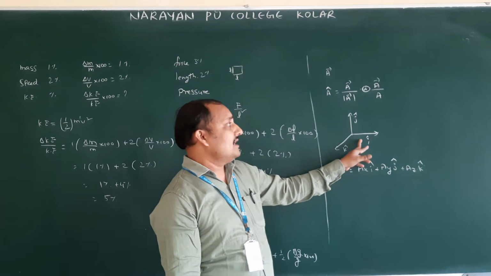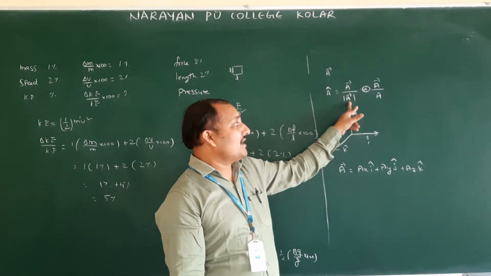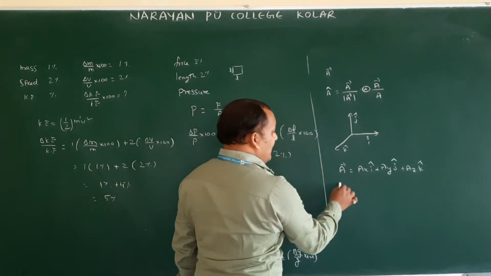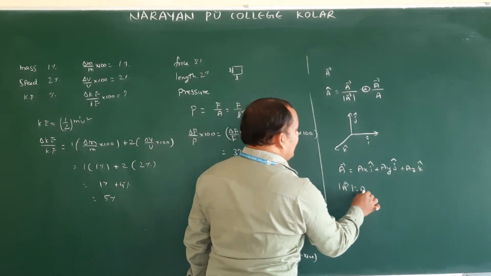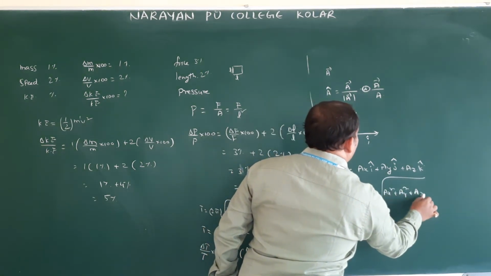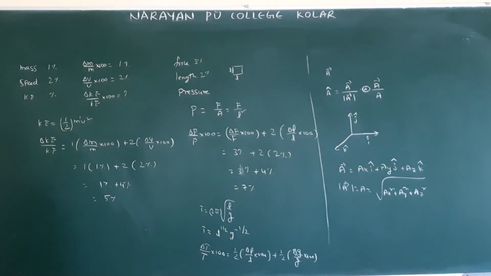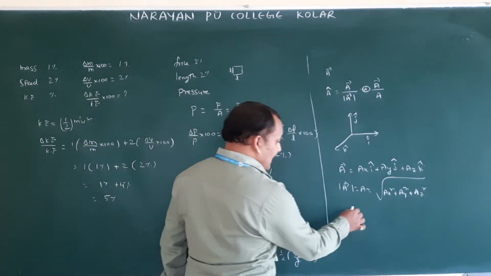So everyone should take it in the same way. And how to get unit vector? By using this formula: A bar by mod A bar. Mod A bar means modulus of A bar, and A is equal to root of Ax square plus Ay square plus Az square. All these we discussed already, just recalling. So here mainly we are going to discuss some problems on resultant. Next they give multiplication by scalar, addition, parallelogram law of vector. All these you will be coming to know. So if two vectors are represented by the two sides of the parallelogram, like this.